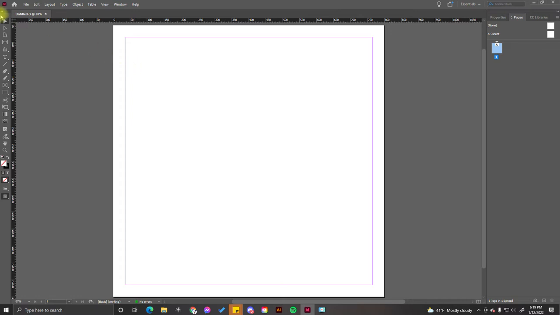Anyway, so on the left hand side here, you'll come over and see this rectangle frame tool. You can hit F or just click on it. This is for images only and not text. You want to make sure that this is selected so you can do images. And what I do is I just go from corner to corner and create it, and you'll have this big X in the middle, which is perfect. So then you go up here and click on your selection tool arrow,